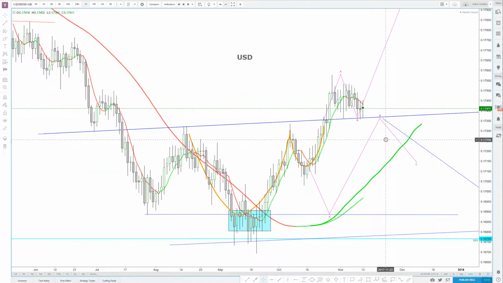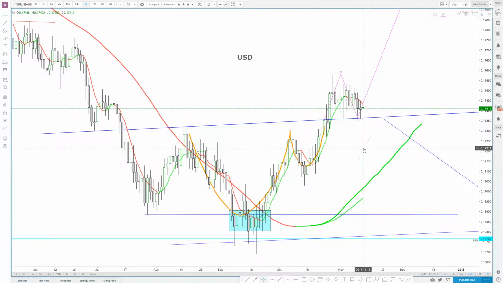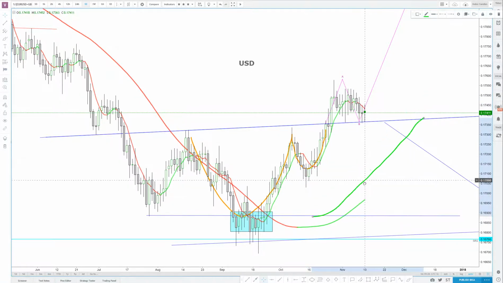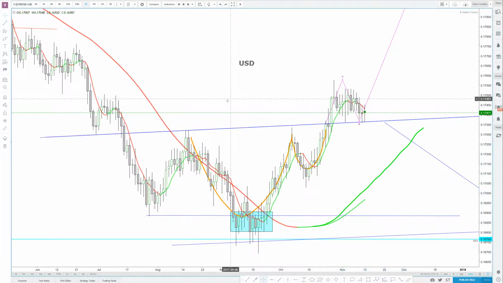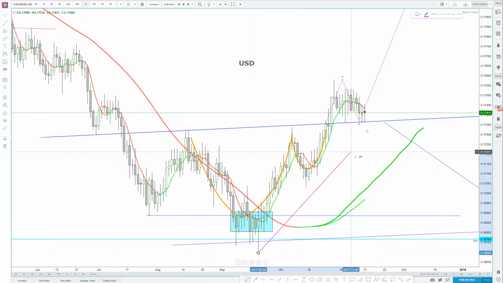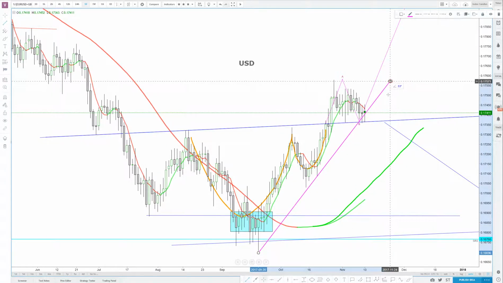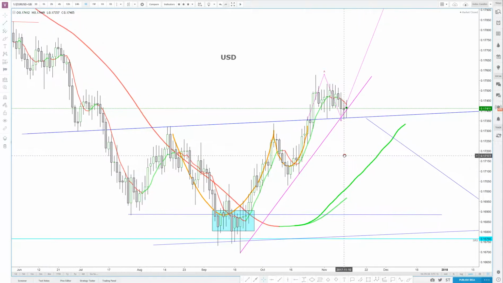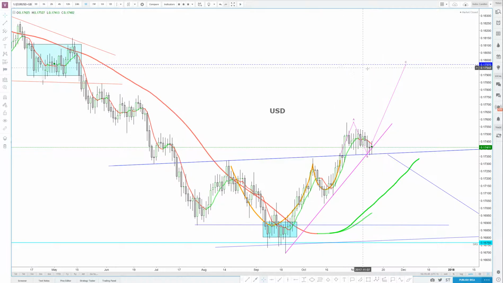If we zoom in, let me remove all this. By the way, I think this is the line that we drew a couple of weeks ago, and it's following pretty well so far. And now I want to draw some kind of trend line here, like this. So pretty good confluence of things here. Still looking for this area for